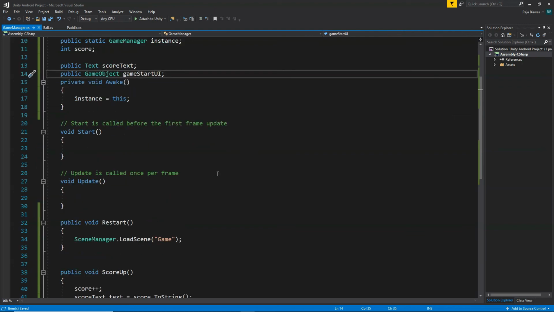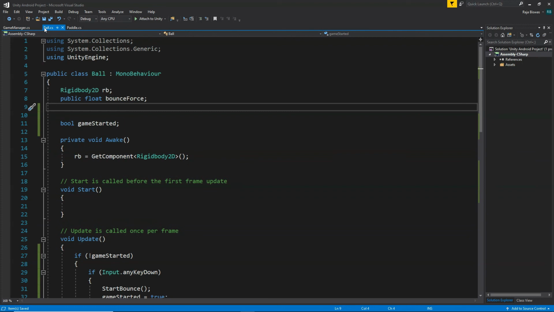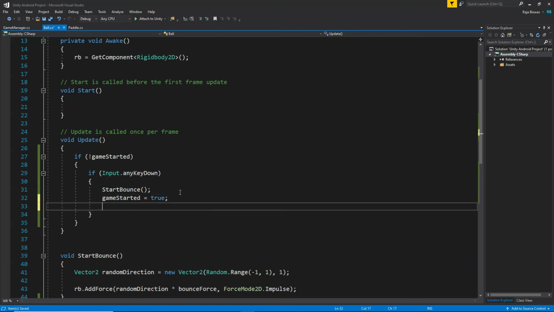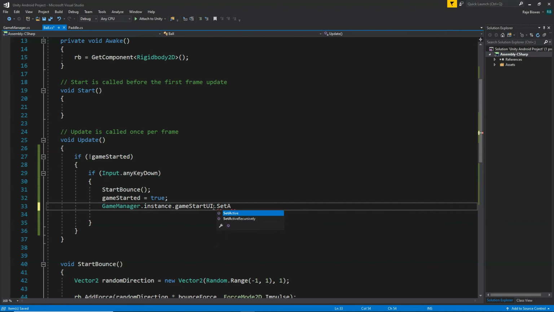So one way to do that is that whenever the game starts, inside the ball script, as you can see, we are checking if Input.anyKeyDown, then do this. So here, when the game started becomes true, we can also say GameManager.instance.gameStartUI.SetActive(false). Whenever you want to deactivate anything, you need to call this SetActive function. So now whenever the game starts, we're gonna deactivate the starting UI, and along with that, we need to reactivate our